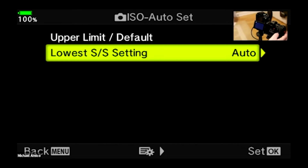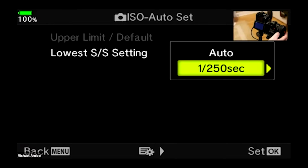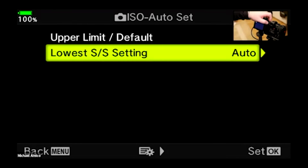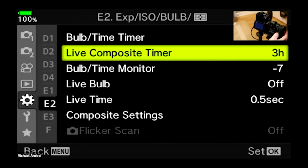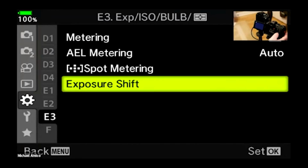Oh, you also have your lowest shutter speed. So what that does is you can basically go like, 250th or 400th of a second or whatever. And what that's doing is basically saying, okay, until you get to that shutter speed, I'm not going to crank up that ISO. So it sort of gives you a setting where you're telling the camera when to start adjusting the ISO. But that's something I would adjust later on. I just wanted to hit it really quick. Again, I go through all this and I'm pretty much just about done with this